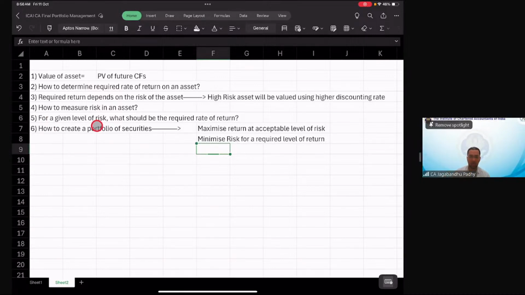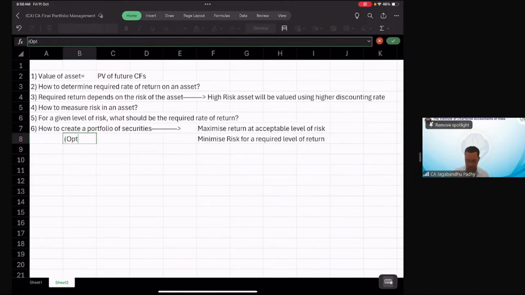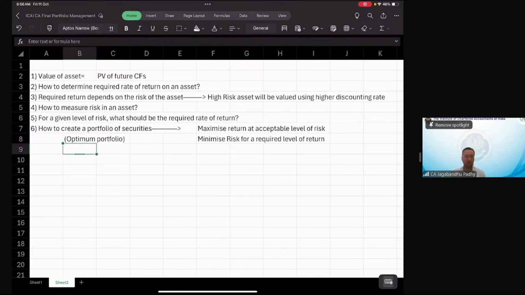So we are going to create a portfolio of securities, and this portfolio is supposed to be the optimum portfolio. So as per our investment objective, we'll have the strategies to create optimum portfolio. So optimum portfolio means meeting the targets of risk and the return. Okay. So in this particular topic, we are going to learn,